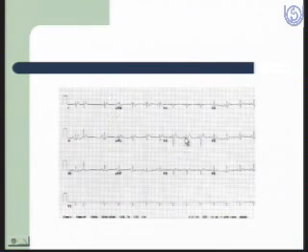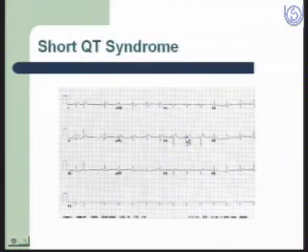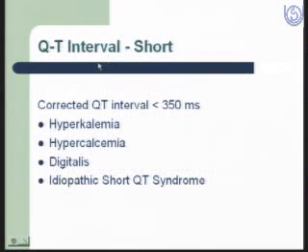Here is another patient in which you see that the QT interval is very short. It is another entity, short QT syndrome, which has been recently a focus of attention, again as a cause of sudden cardiac death, but it is very, very rare. The short QT interval can also be caused by hyperkalemia, hypercalcemia due to digitalis, or sometimes idiopathic